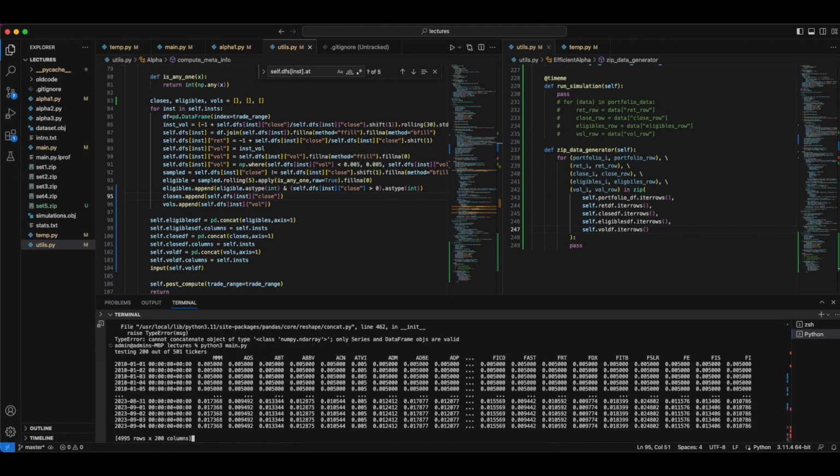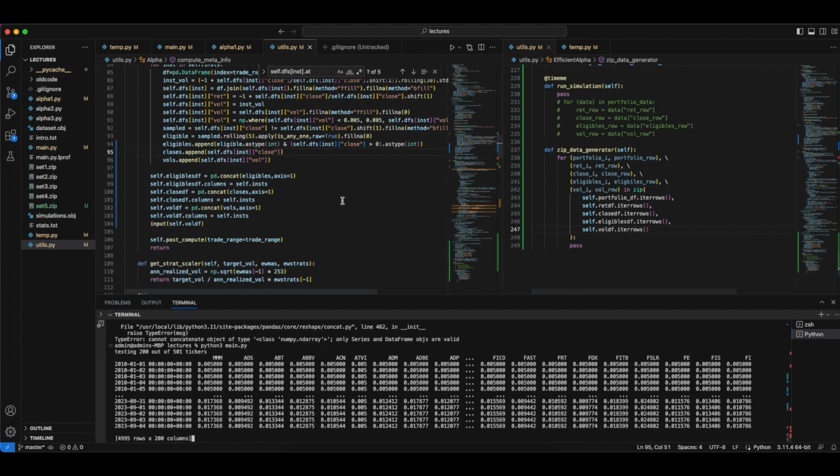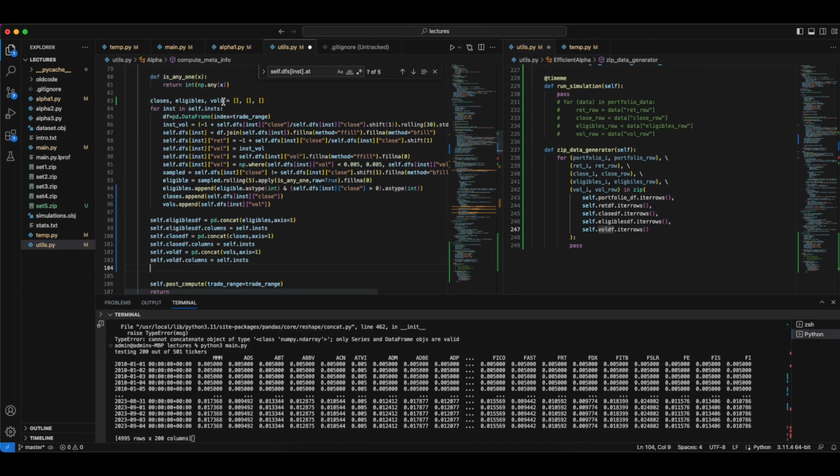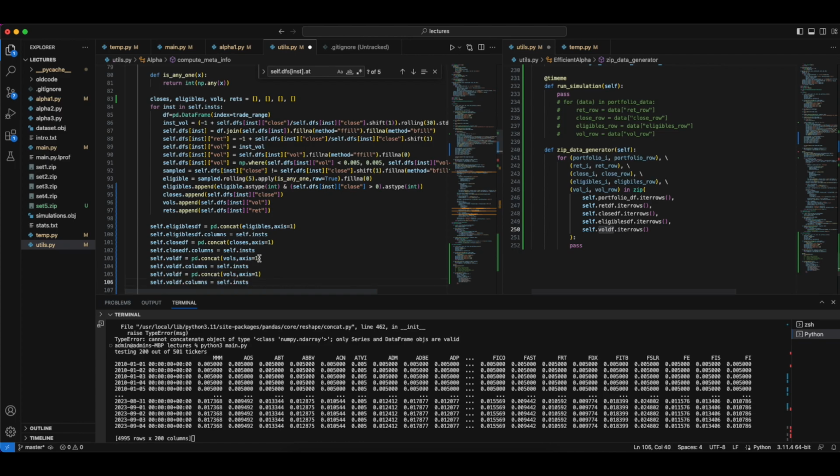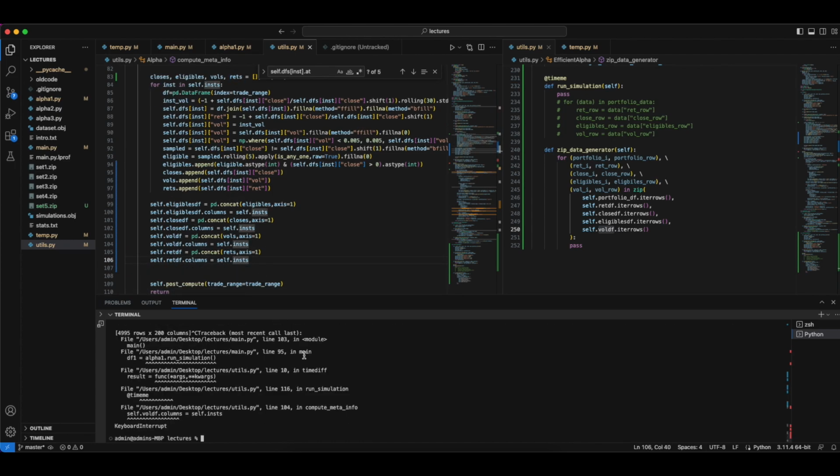Right, now we have implemented the return df, and then we've implemented close, eligibles, and volatility. And then inside here, we can of course do the same for returns. Well, I mean, this is really not very hard. So the addition gave us the eligibility data frame, the volatility data frame, the closing price data frame,